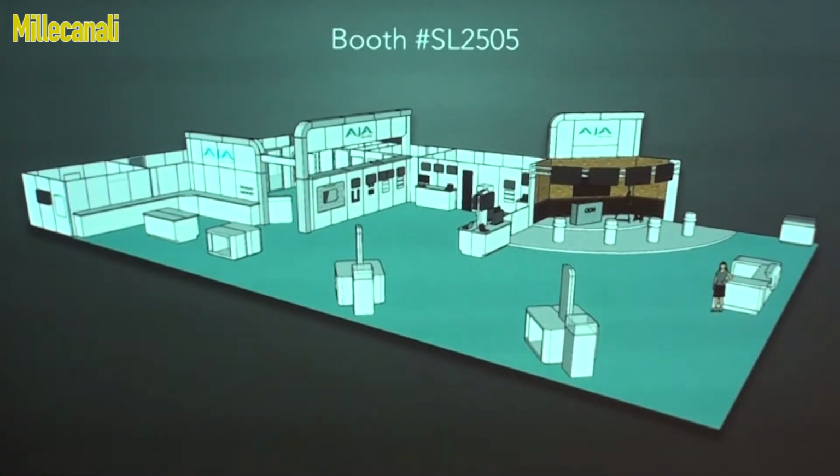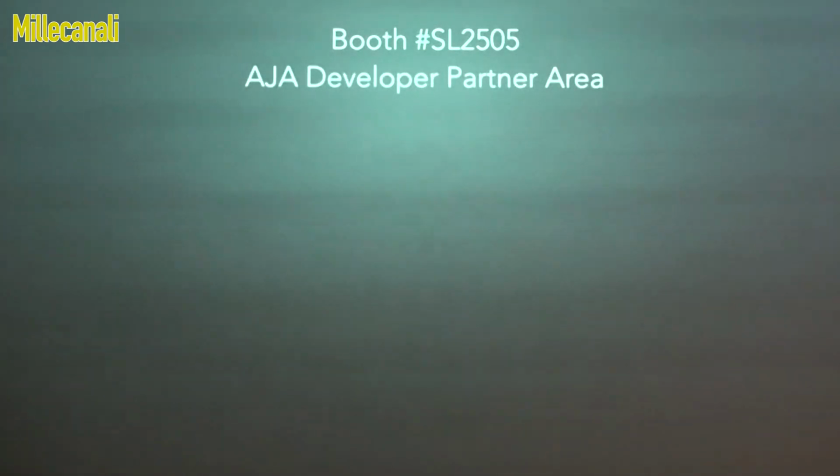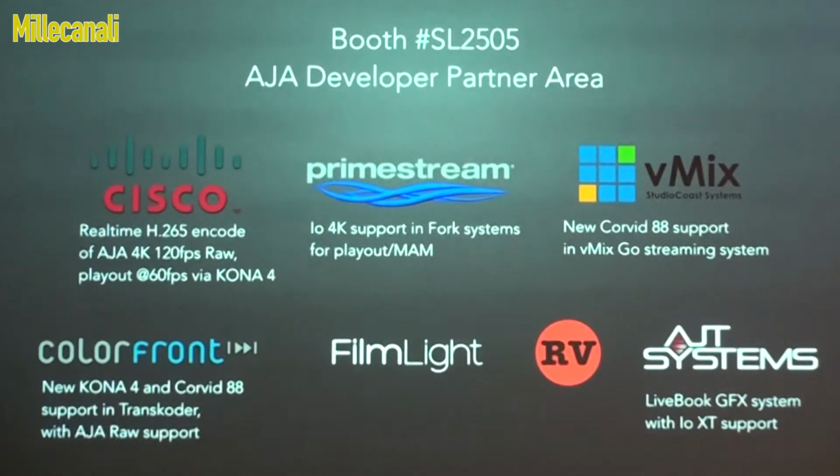This is our booth, same place, Lower South Hall, big booth. Lots going on, lots to see, lots of Scions, lots of desktop products, lots of converters, and lots of AJA development partners, these amazing companies that are working with us. We have an area now dedicated to just our development partners, where they're bringing in their solutions with their people and showing them that are based around